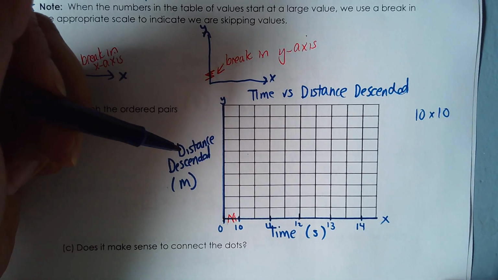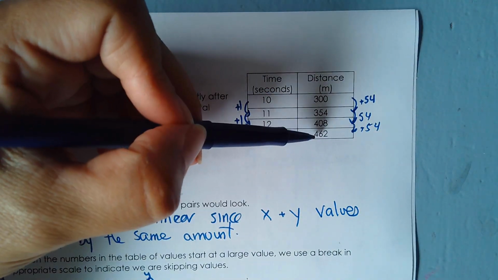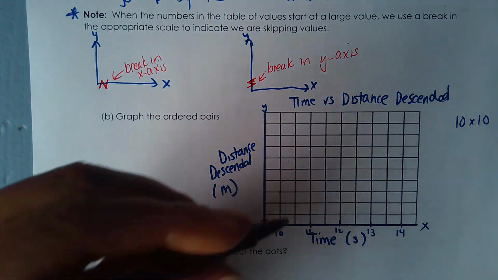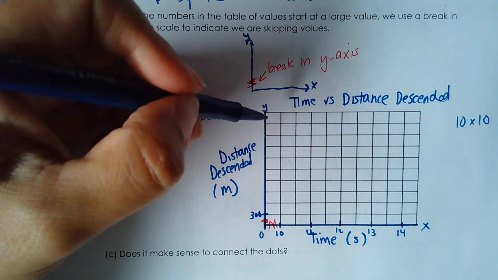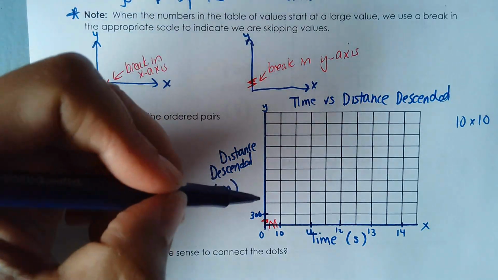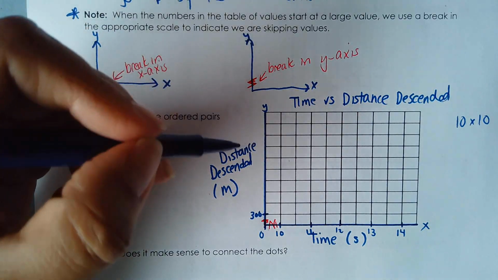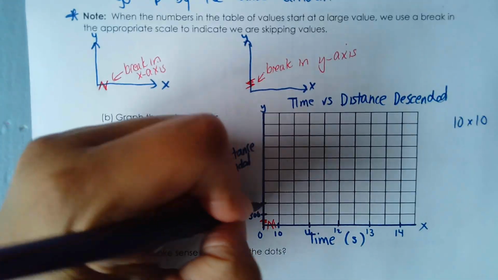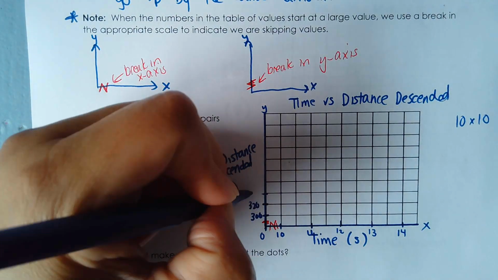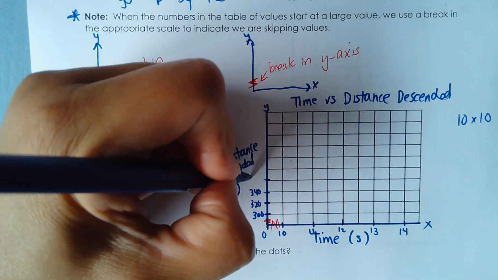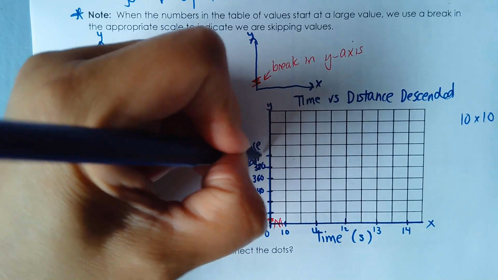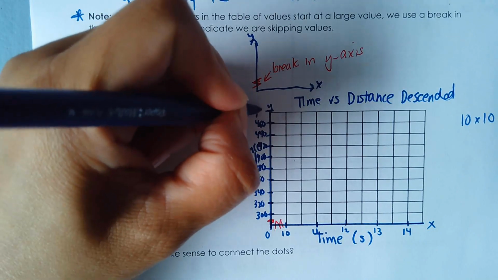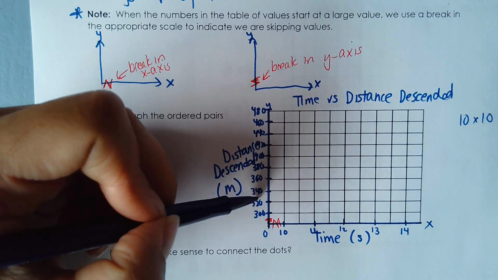Distance descended. So we start at 300 and we go to 462. Okay, so we definitely have to put a break in here as well. And we can start at 300 and we have to go up to a little bit over 462, right? So you have to play around with the scale, count it out, and I did it a few times, and first I thought, okay, I'll go up by tens. I realized the graph wouldn't fit on here. So then I thought to go up by 20s. So this is 300, this is 320, 340. Now you don't have to go through and label each one like I'm doing here, but if you want to, that's fine as well, since we're just starting out. 420, 440, 460, and 480 at the top. It's just a little bit messy. I should have maybe skipped one, but